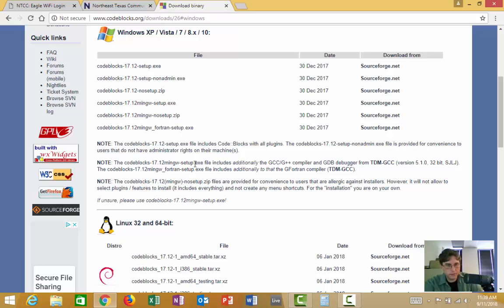Yeah, and so let's see. And the MinGW, there's three of those options. They include the GCC G++ compiler. And then there's one option that has a Fortran compiler as well. That's a different language, so we're not really doing that in here. So up here, the options that we're probably interested in are the MinGW setup and the MinGW no